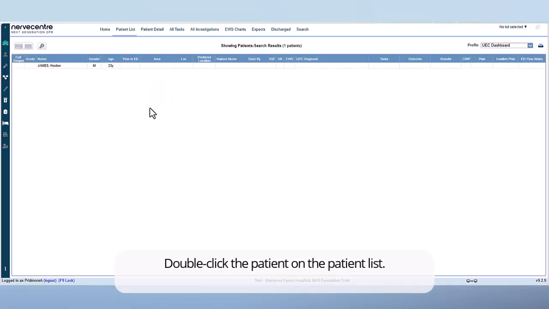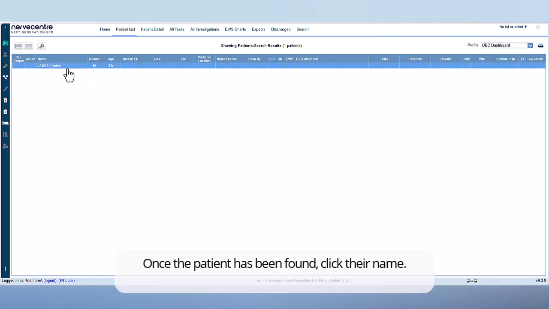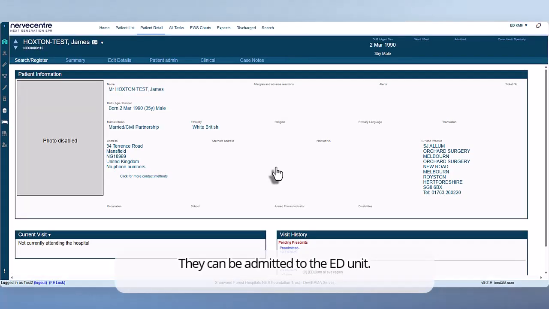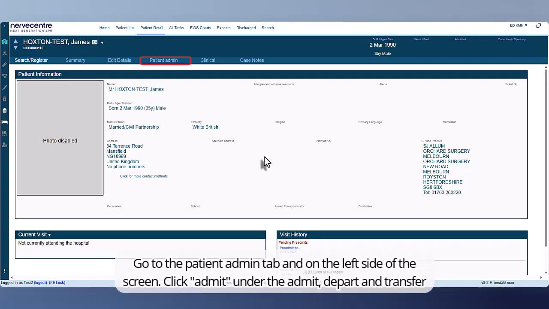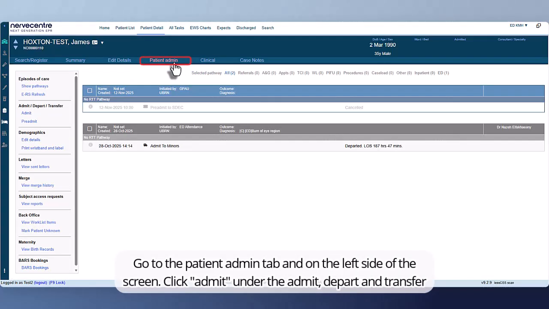Double-click the patient on the patient list. Once the patient has been found, click their name. They can be admitted to the ED unit. Go to the Patient Admin tab, and on the left side of the screen, click Admit under the Admit, Depart